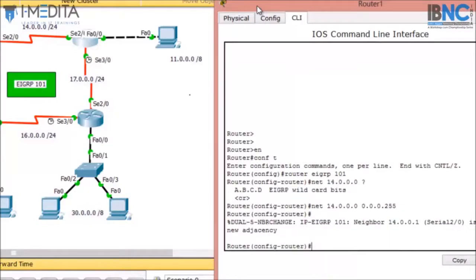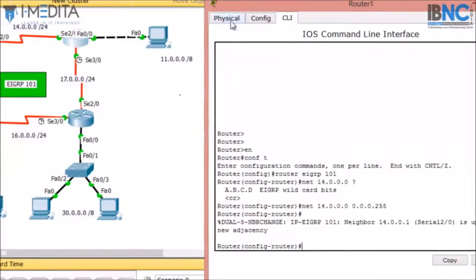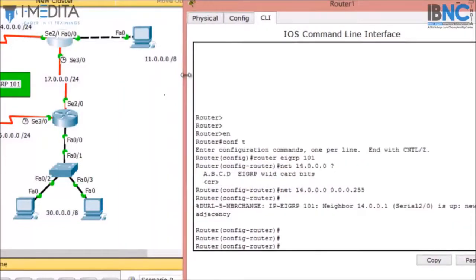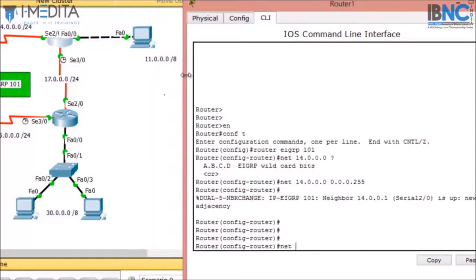As I hit enter, I got a message that EIGRP 101 neighborship with 14.0.0.1 is up. It is a new adjacency. Then again I had to enter network 11.0.0.0.